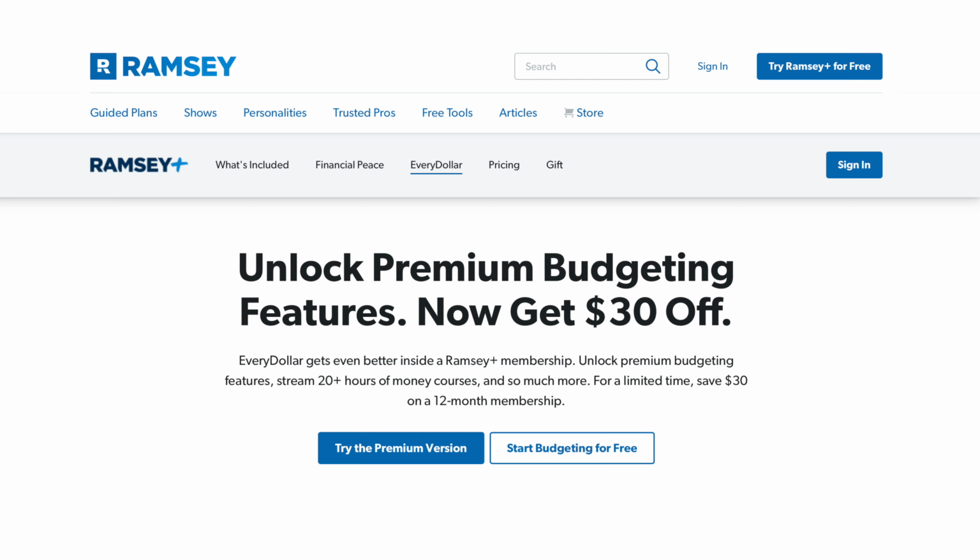Once again, this is defeating the purpose of an app. Good Budget is for those that like the envelope method. However, it doesn't include a syncing feature, so once again, you have to manually track your spending. If I were to start today all over again, I would either use Mint or Personal Capital, and this is